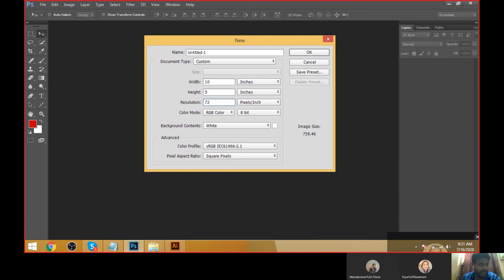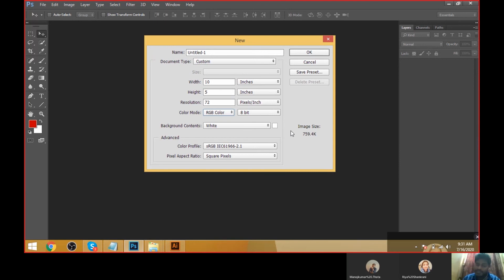Then take a resolution of 72. The default resolution will be 72. And color modes we already explained. We have to keep RGB mode only, as it is for the digital process, and Photoshop mostly works for digital output only, not for CMYK printing.